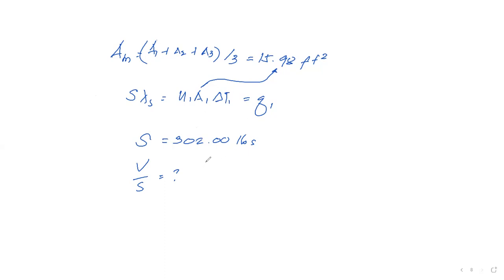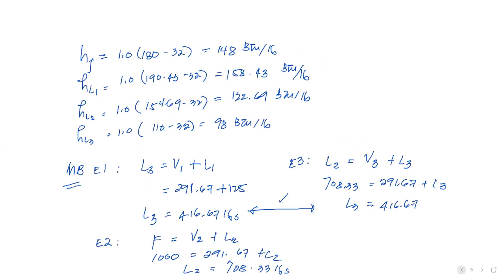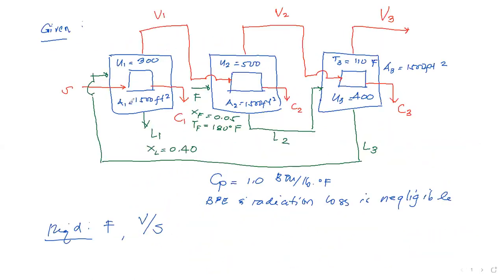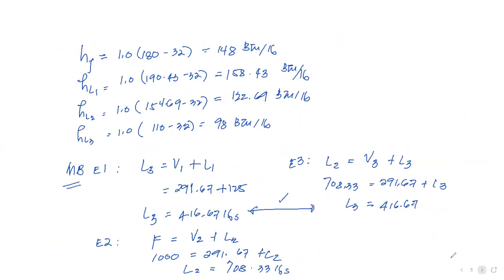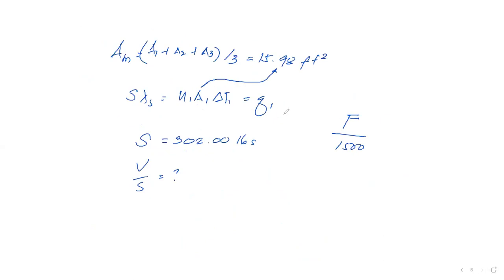So if you do material balance, it has to be the actual value of the feed already. Remember, we started with a basis of 1,000 pounds of feed. So we will determine the actual feed by making use of the areas that are provided in the problem for our effects. So the actual feed divided by the actual area of 1,500, it's given here. The problem gives the actual area of 1,500, for each effect.